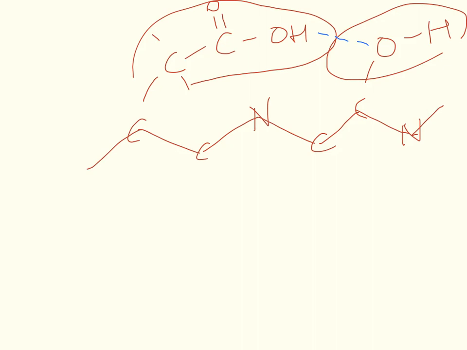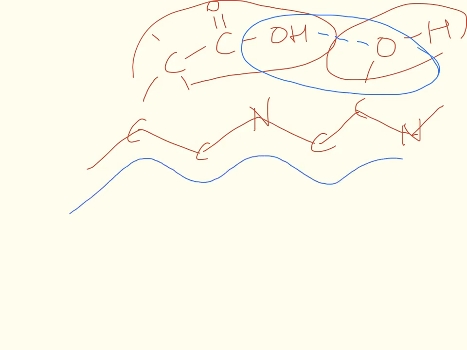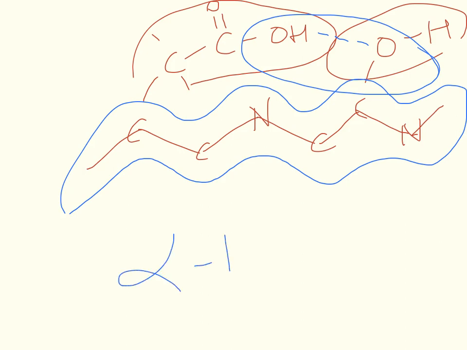And because of this, there is a possibility of these two units coming close to each other. As a result, this main primary structure that looks like this will not stay straight like this, but it will start twisting into alpha helices,